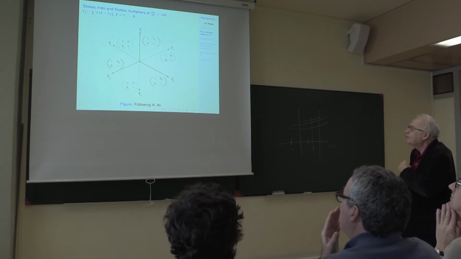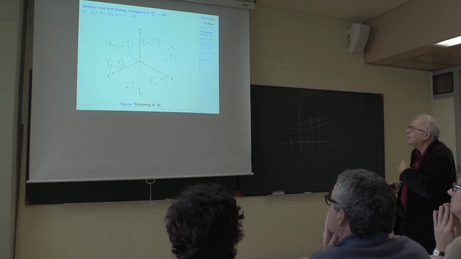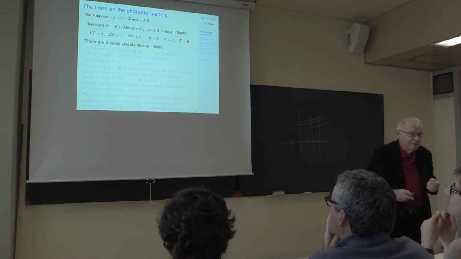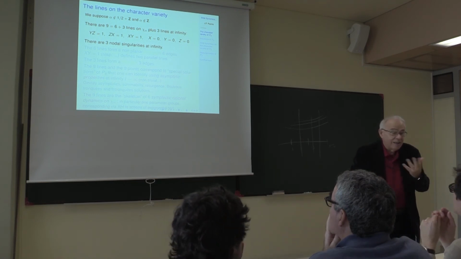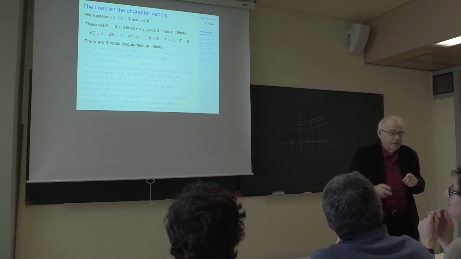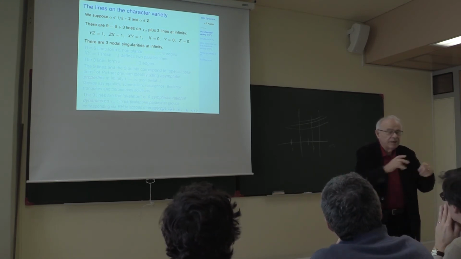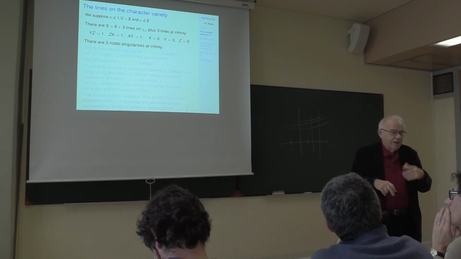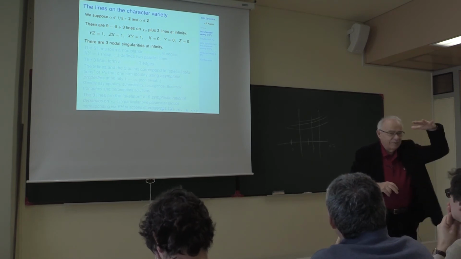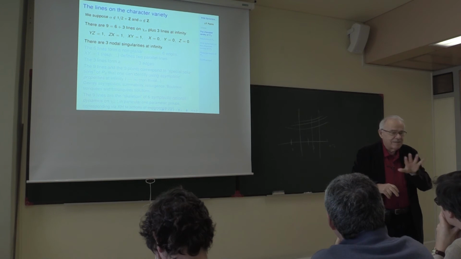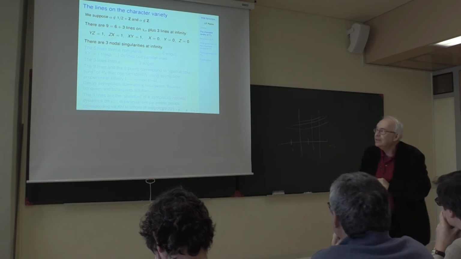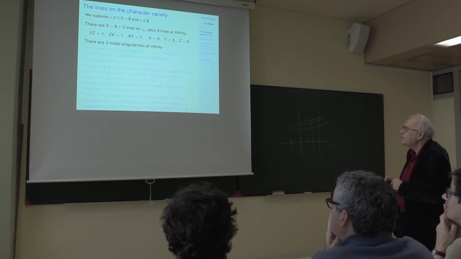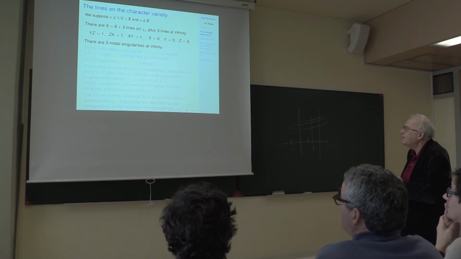Okay, this is a picture of the 6 Stokes multipliers. And now what is for me very important are the lines on the character varieties. If you look at the compactification of the character variety, you have 12 lines. So you have 3 lines at infinity, so at finite distance there remain 9 lines. And here you have the equation of these 9 lines.